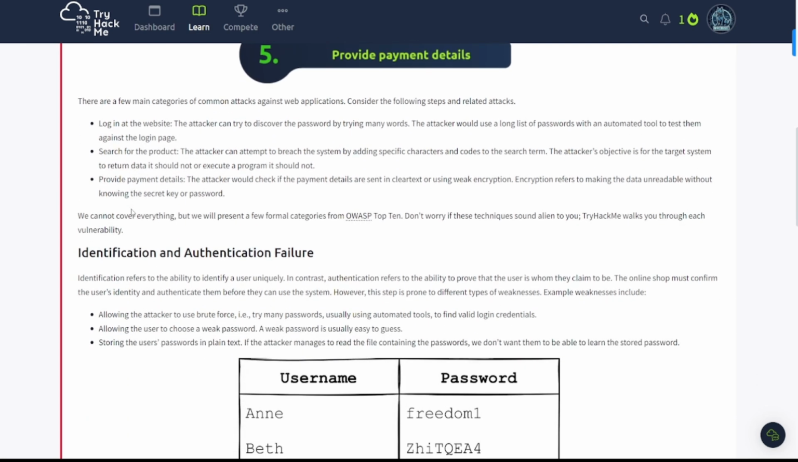There are a few main categories of common attacks against web applications. Consider the following steps and related attacks. Log in at the website. The attacker can try to discover the password by trying many words. This attacker would use a long list of passwords with an automated tool to test them against the login page,